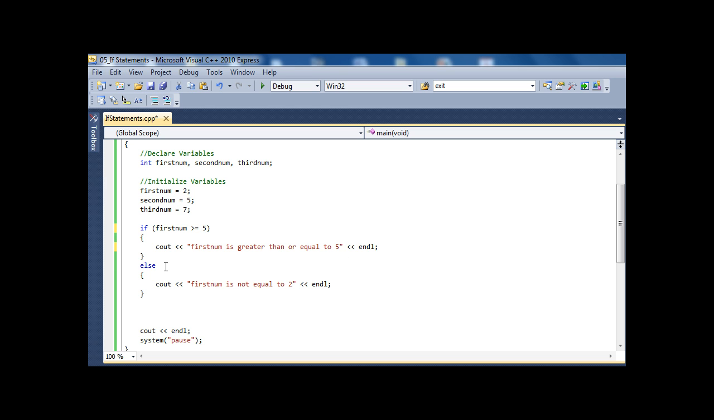Then I'm going to add another condition. So I'm going to change this else into an else if. An else if has a condition. Notice before that the else didn't have a condition because it's just: if nothing else is true, do that. But an else if evaluates a new condition. So let's ask if second num is greater than or equal to 5. And if that is true, I'm going to say